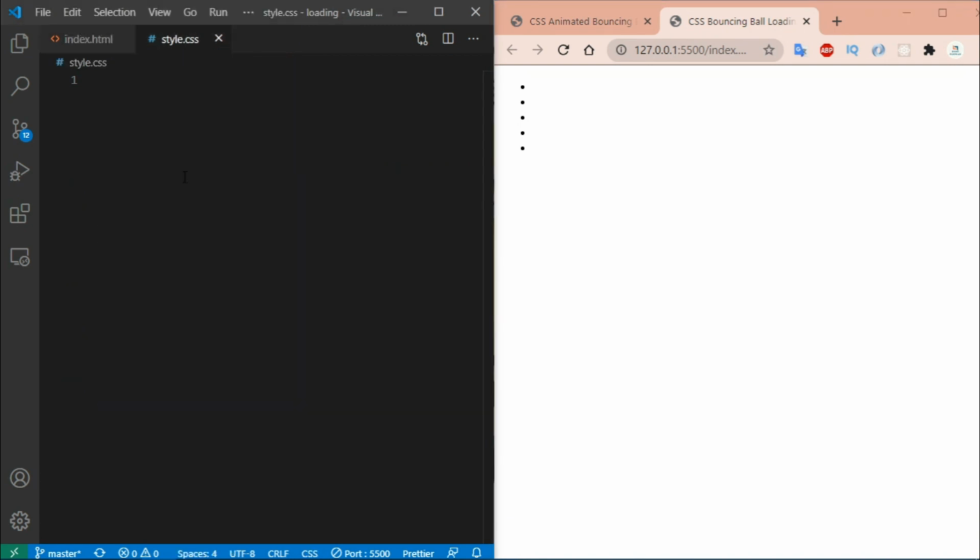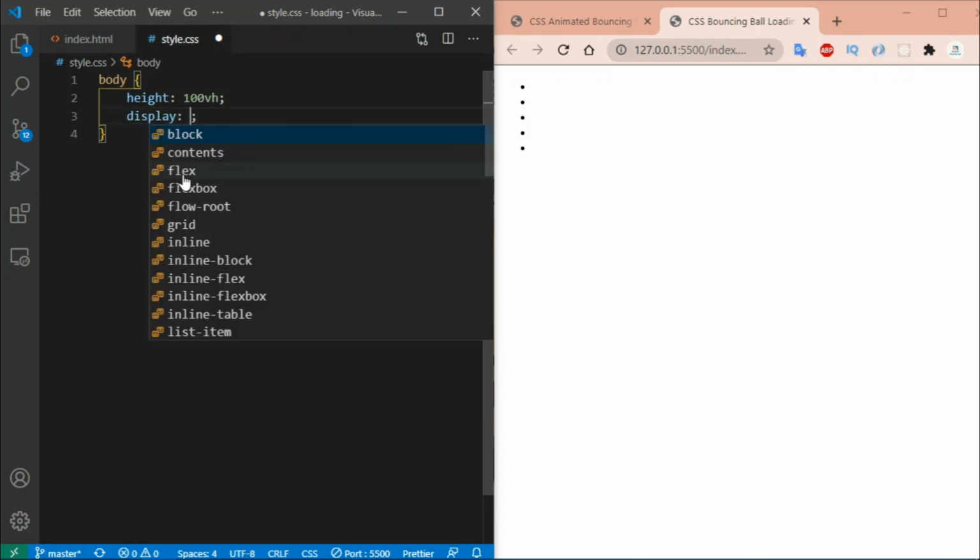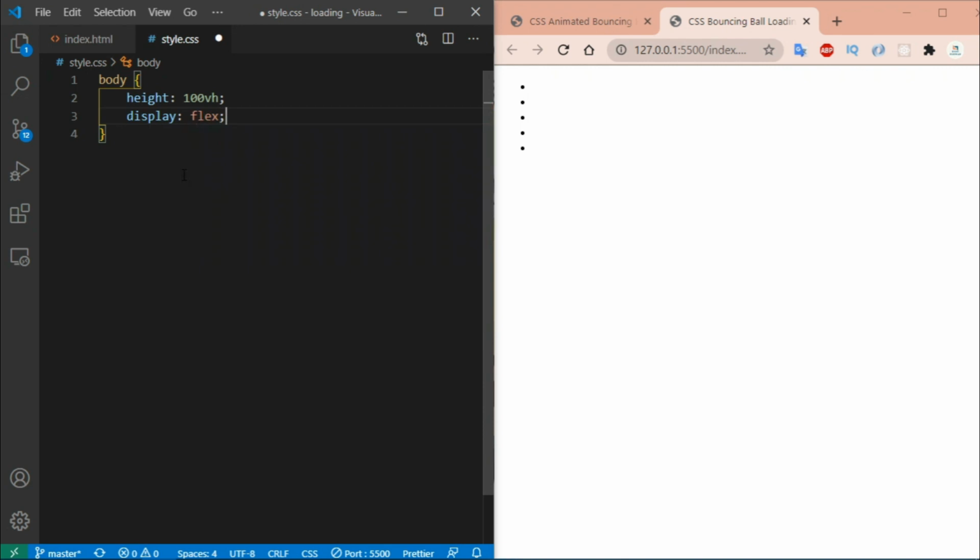Then go to our CSS file and do some basic styling. First select the body tag and give it a height of 100 viewport height and display set to flex. Justify content center and align items center.